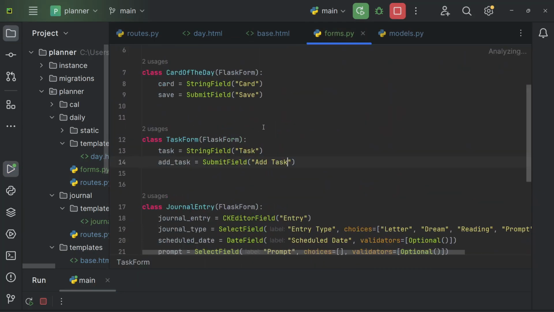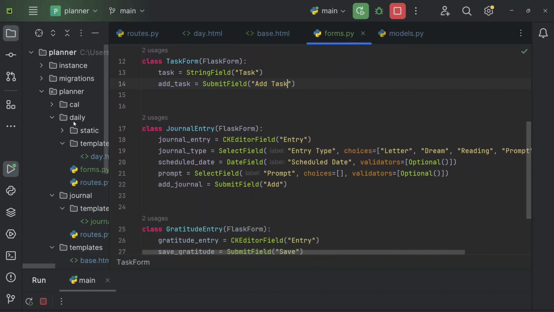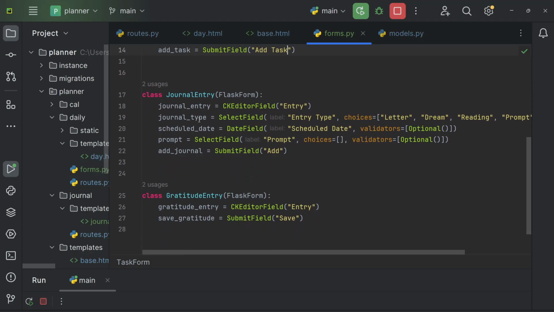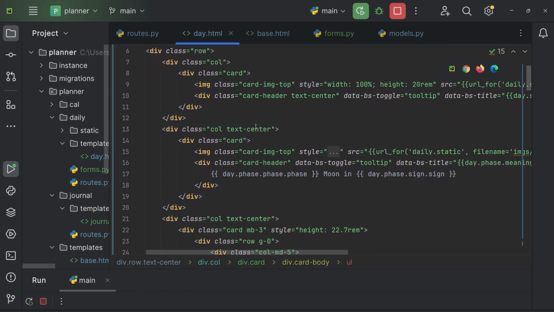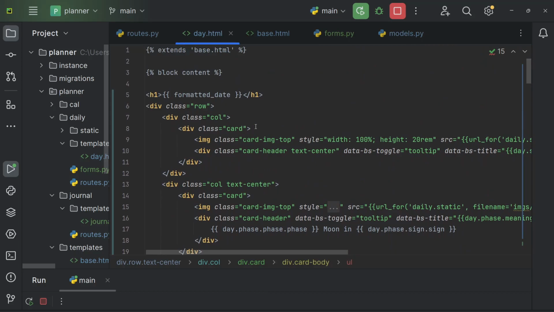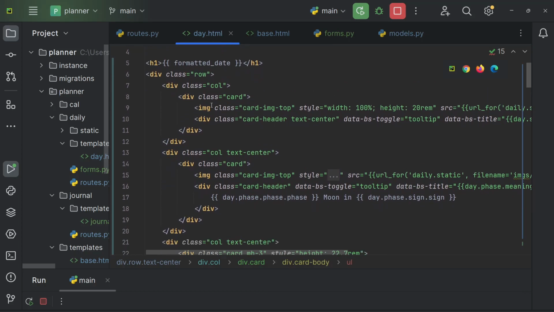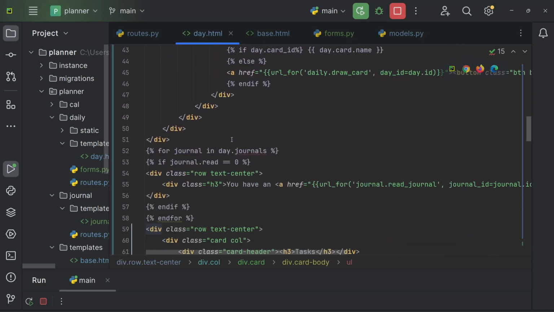So I went ahead and added some new forms for my day page. That's in daily forms.py. I added a task form, a journal entry form, and a gratitude entry form. So if we go back to day, I added two new rows actually. For the first one, we've got the date and then the 3 calls that we made. And then I added this